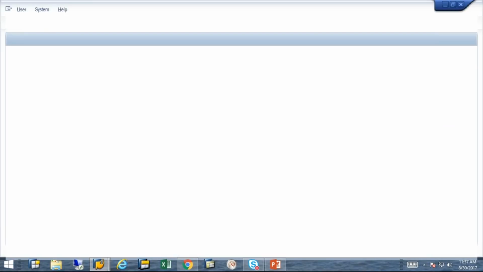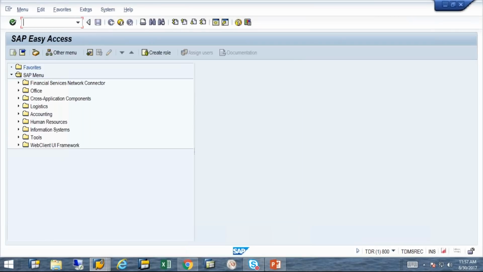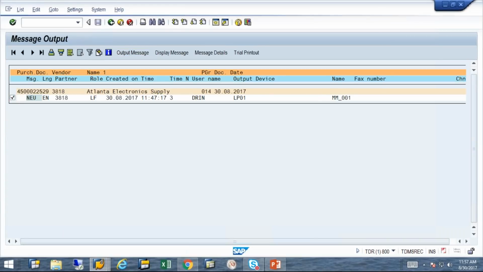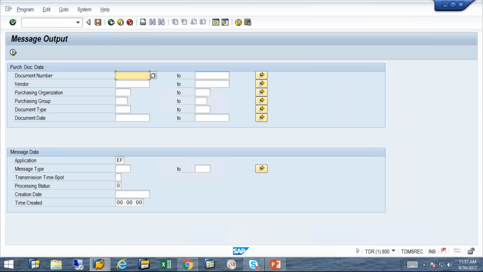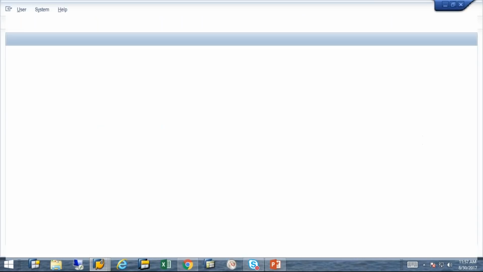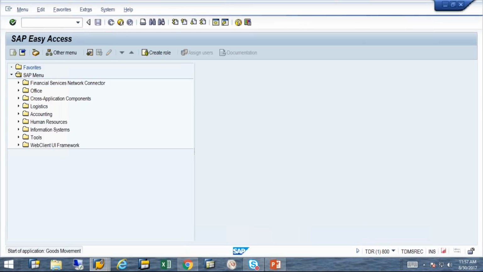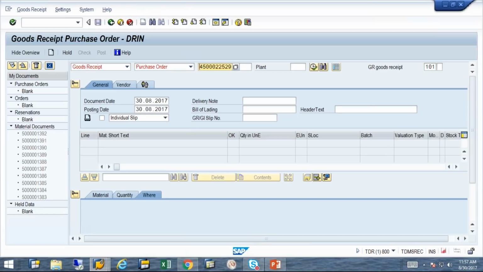ME21N to ME9F, and that will print the purchase order for that 22529. So output message, and then here's the purchase order that was created, and then just one last transaction is the goods receipt, and again it'll be the same purchase order number, but it gives you a visual way of